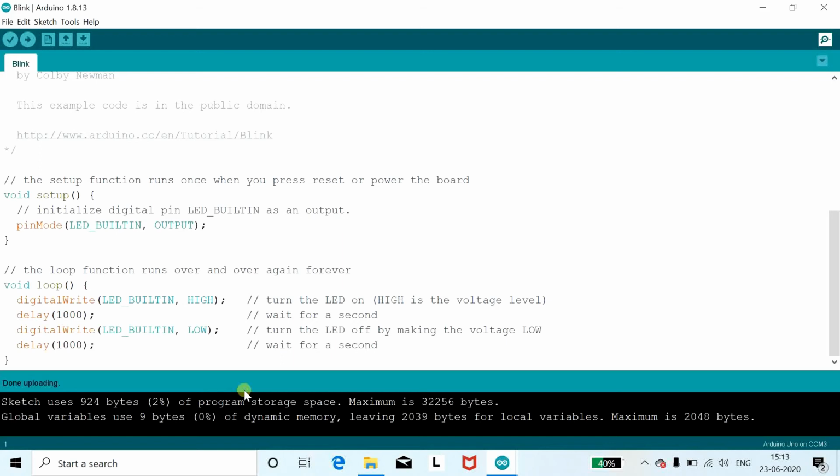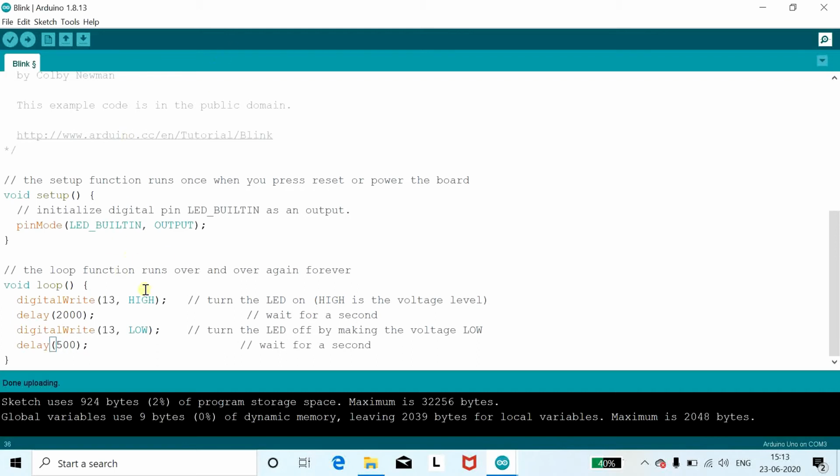Okay, so as you people are seeing, now what I am going to do, you just monitor the result here only. I am just doing a change in the code. Here instead of LED built-in, I will make pin number 13. Here I am just making a change, pin number 13. You can see that same LED will glow. I will just change the delay. I will make it on 2000 and off 500 milliseconds.